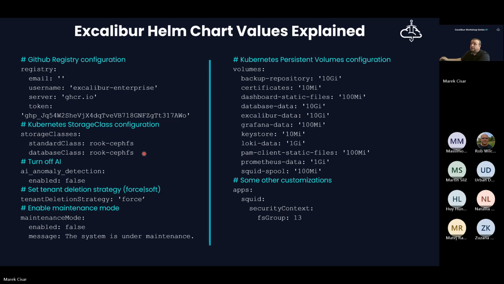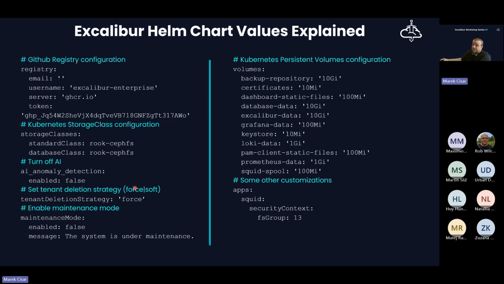Okay, next configuration is about AI anomaly detection. In several scenarios, you may want to deploy the AI anomaly detection engine. So you can tell Excalibur SAM, okay, my AI detection is already present, and I want to enable the integration. So it is possible to enable or disable it if you are not interested in using the AI technology with your Excalibur SAM instance.